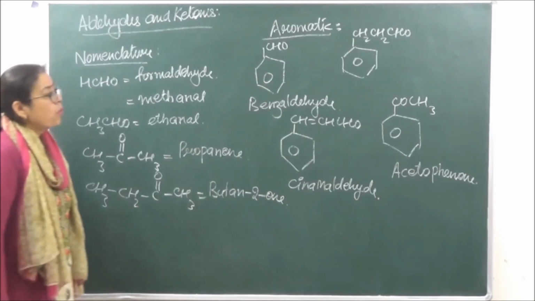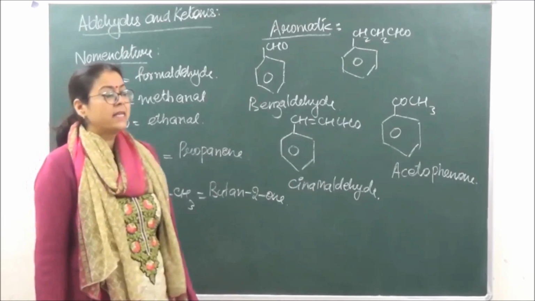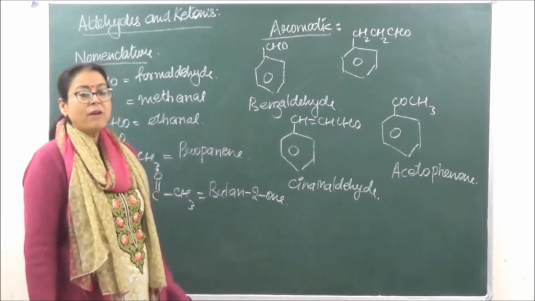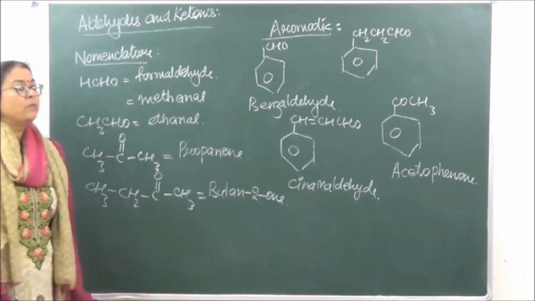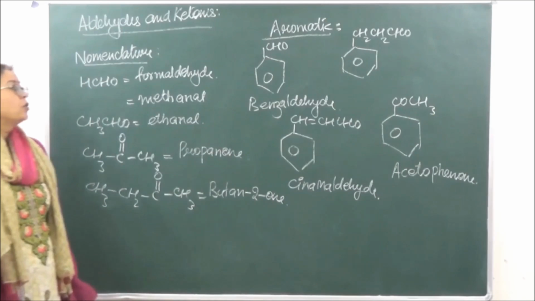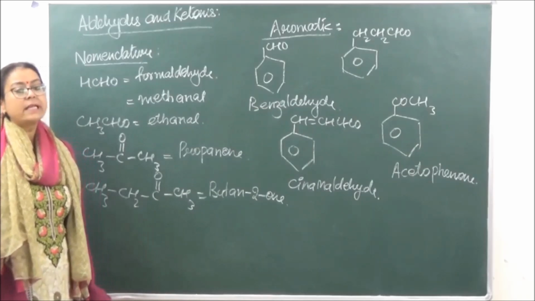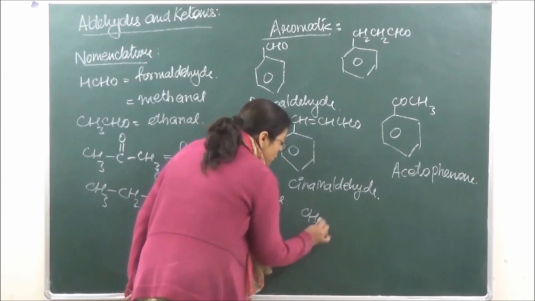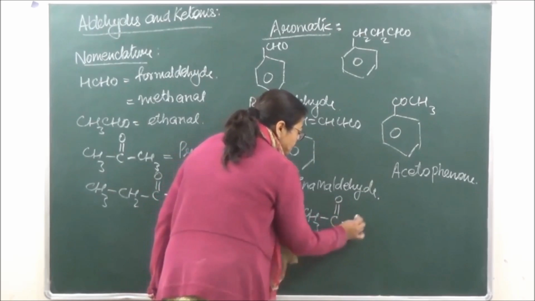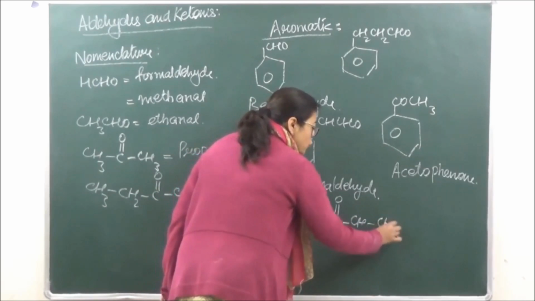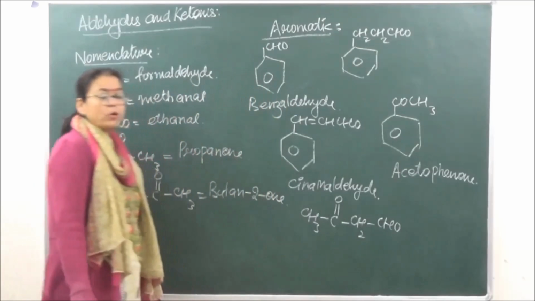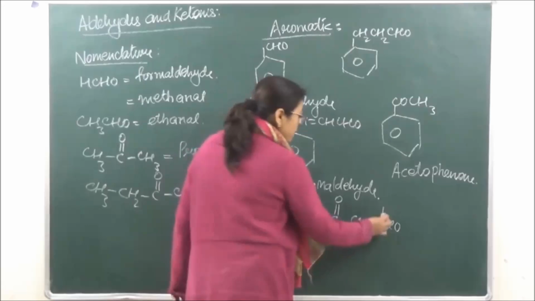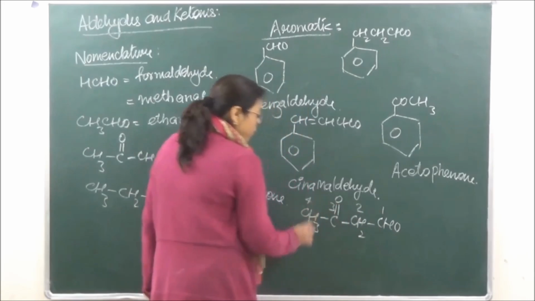Now in case both ketone and aldehyde are present, in that case ketone is taken as a secondary functional group and aldehyde will be taken as the primary functional group. So we take the ketone as a prefix. Let's take an example over here. We have CH3 C double bond O CH2 CHO. This is the compound having both aldehyde and ketone groups present. The numbering will start from here. We have 1, 2, 3 and 4.